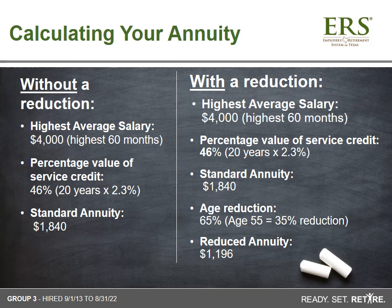Remember, Group 3 employees are subject to age-based reduction factors in their annuity calculations. In these examples, the highest average salary is $4,000. The member has 20 years of service. We multiply that by 2.3%, and that gives us a service percentage of 46% or 0.46. If we take that highest average salary of $4,000 and multiply by the service percentage of 46%, that will give a standard annuity amount of